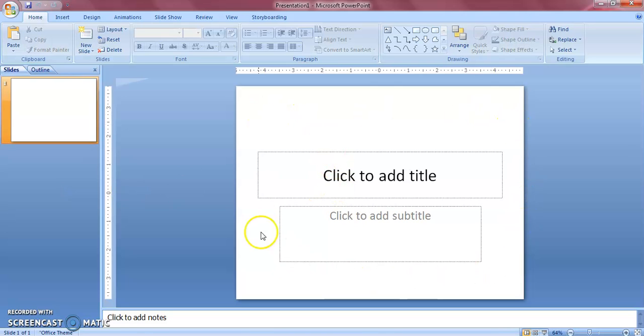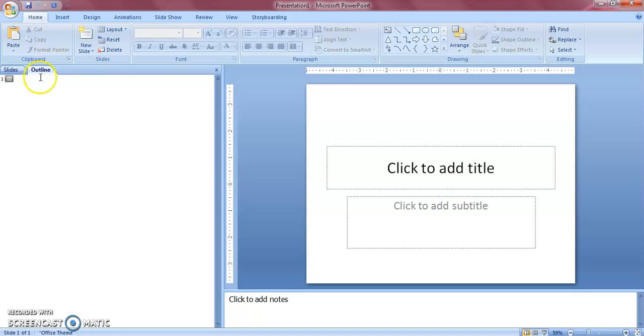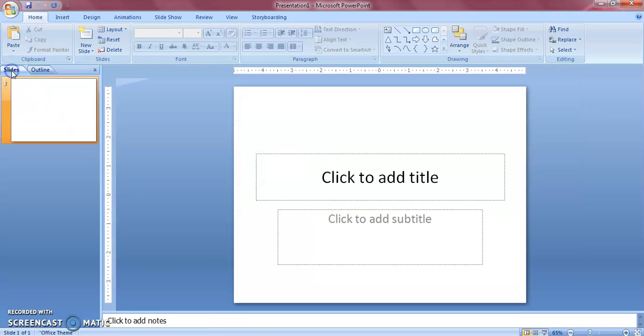So whatever you apply on this slide will also appear in this thumbnail view. Right now there is nothing on the slide, so the thumbnail shows nothing. But if you add more slides in your presentation, all the thumbnails appear in this Slides tab. And in the Outline tab, it displays the text you enter in your slide. Only the text, not any graphics. And it does not show the thumbnail of your slide, but only the content you add in your slide. So move back to the Slides tab.